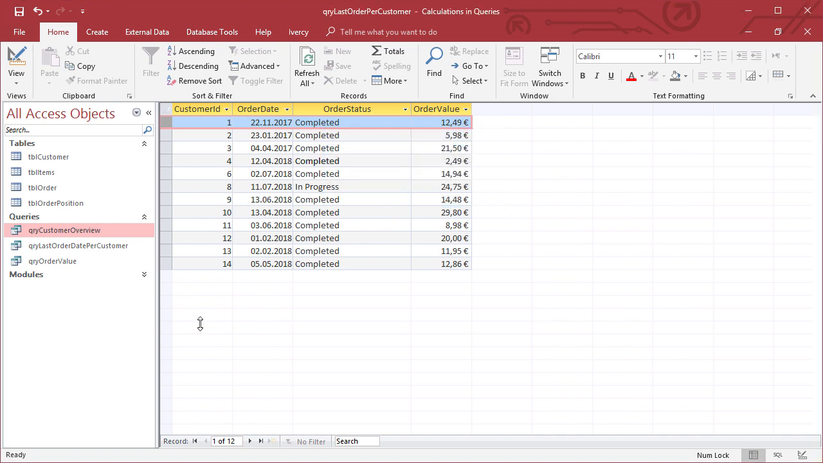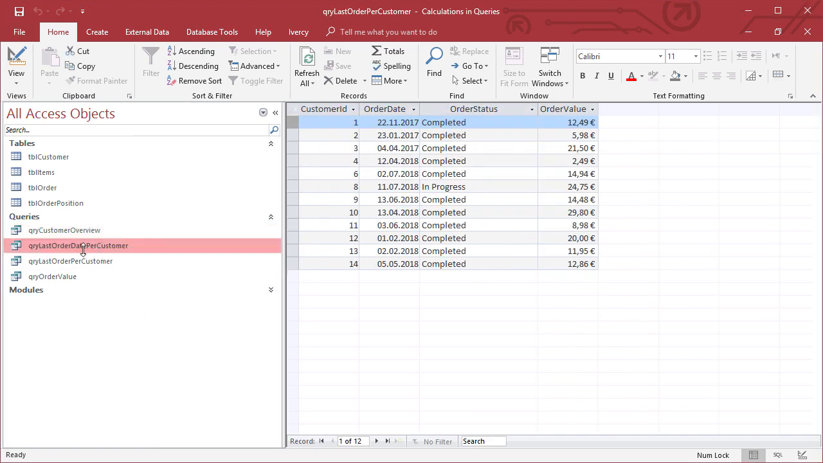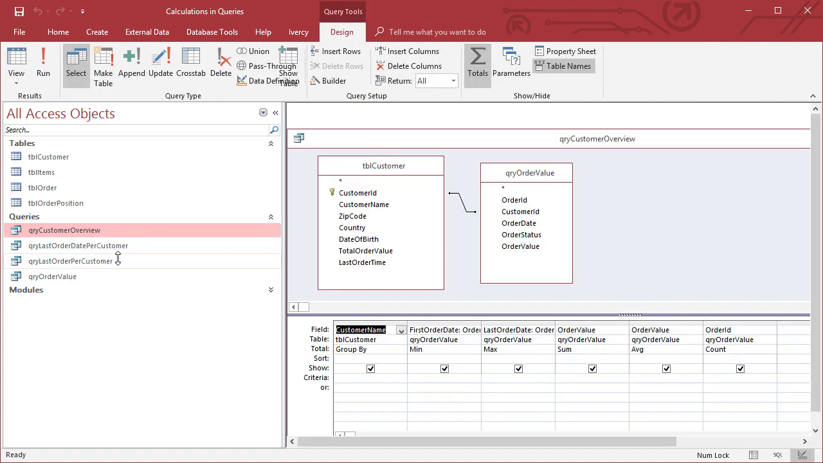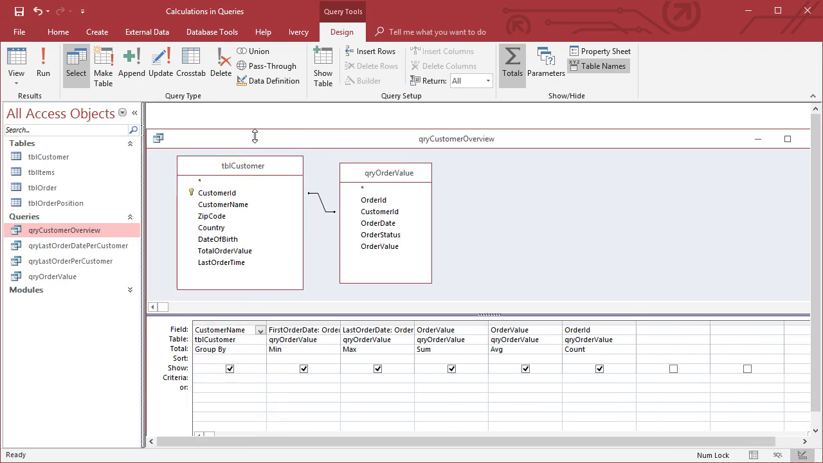Last order per customer. So you see the difference. I named this query last order date per customer because it contained only the date, and this one last order per customer because it contains the full order information, including status and order value. And finally, I can go back to my customer overview query, open that in design view,